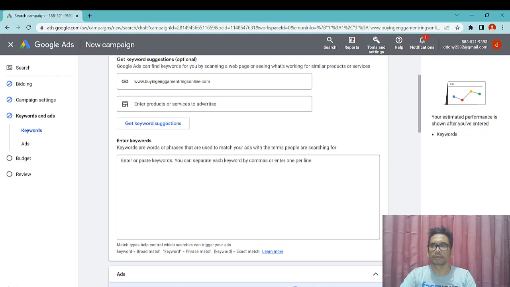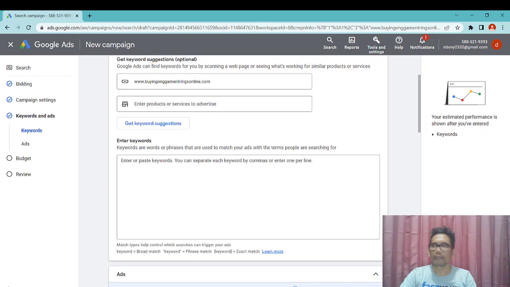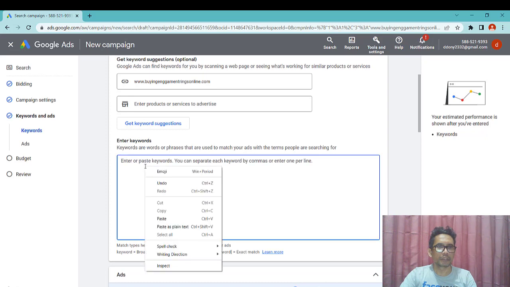So for example, in this first ad group we are going to target engagement ring. This is the keyword, engagement ring.